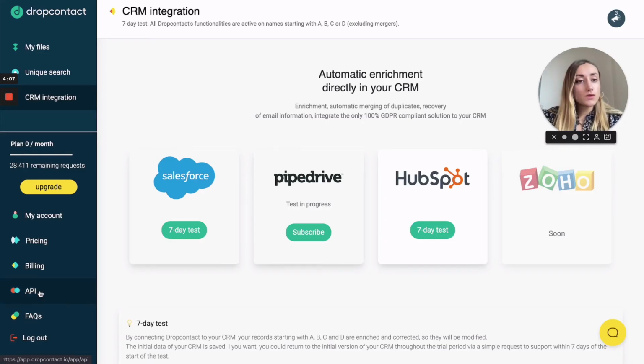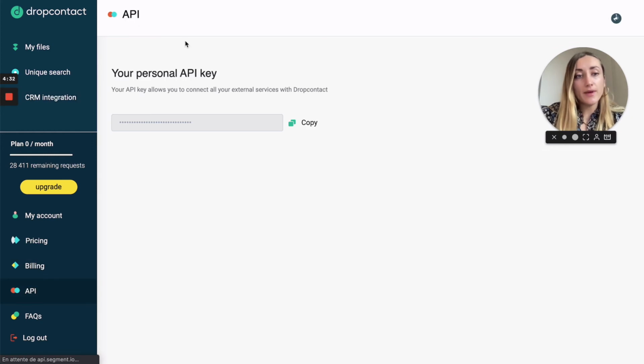You can also use Drop Contact in other tools where we are integrated, like Lemlist, Phantom Buster, Walaxy, EvaBoot, Cantendata, Lagrowth Machine. Allow you to enrich directly your contacts in it. And you can also use the API with the POST and GET requests.